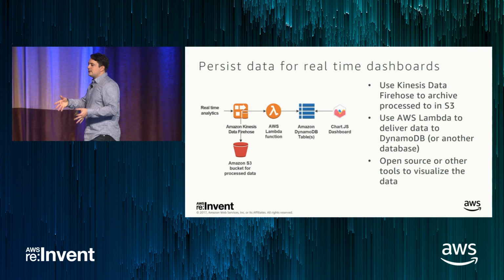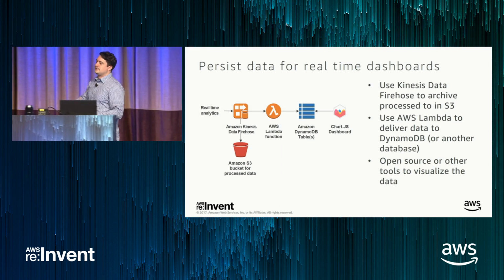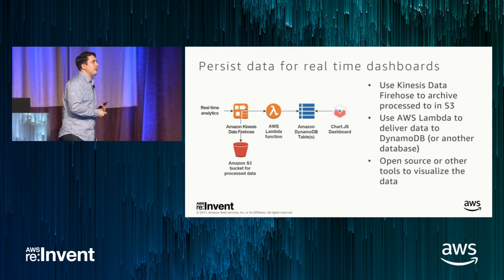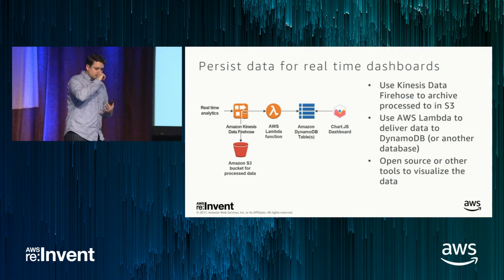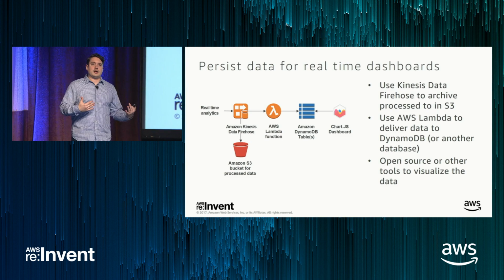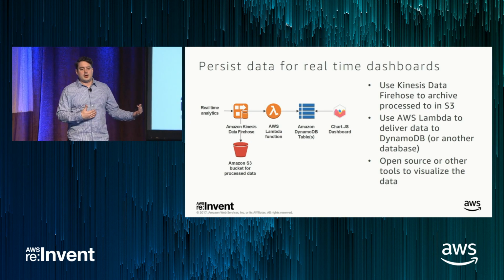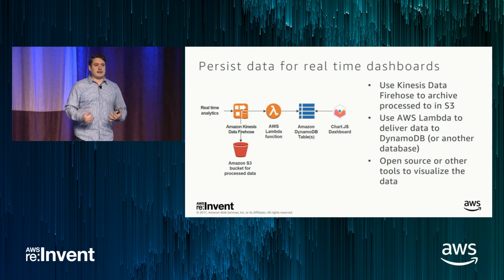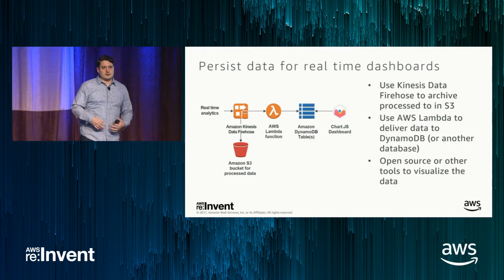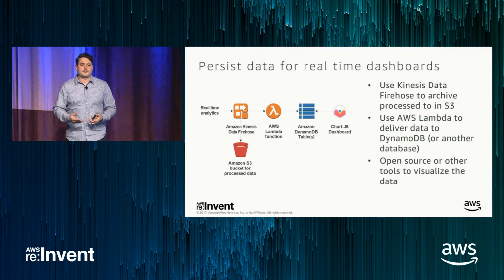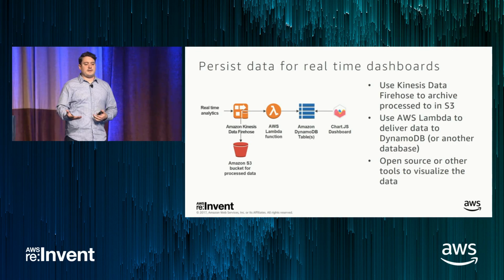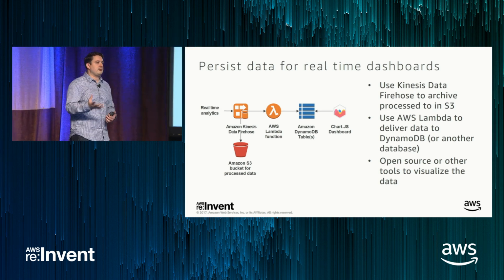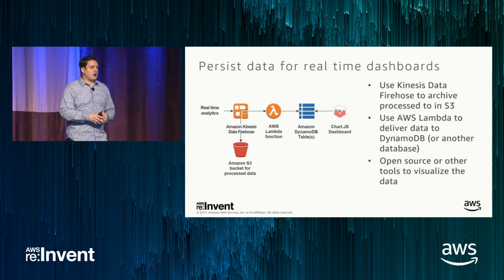So we went through the middle piece, and we went through the ingest piece. The last piece is persisting data, and in this case, it's for a real-time dashboard. Walking you through the architecture that we chose for this solution, we're taking the real-time metrics that we produced off the CloudTrail data, like top 10 IAM users, EC2 failure rates, and so on and so forth. We're writing them to a Kinesis Data Firehose, which archives all the data in Amazon S3. So if you need any of the processed results, we're doing long-term archival in S3.